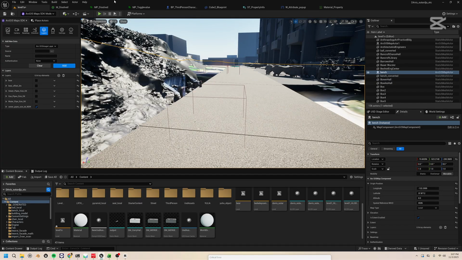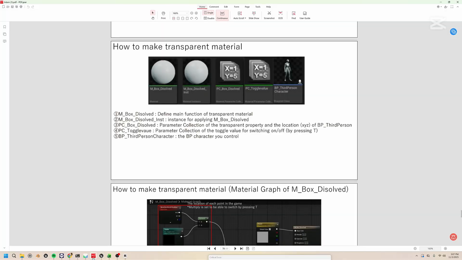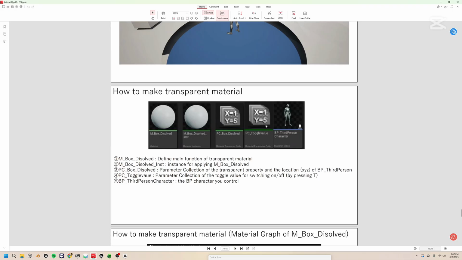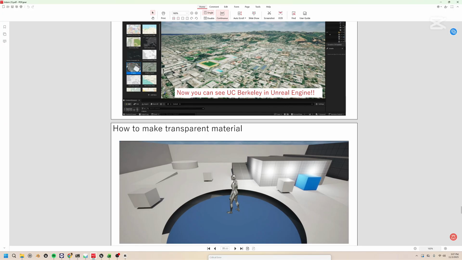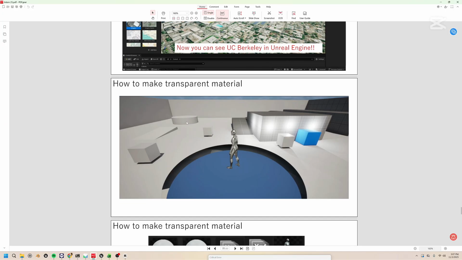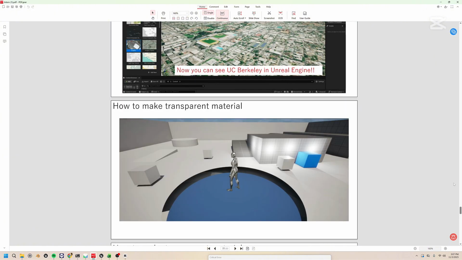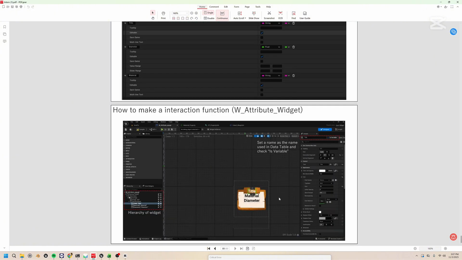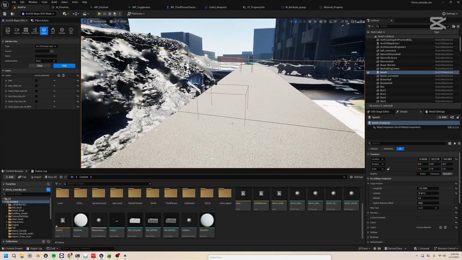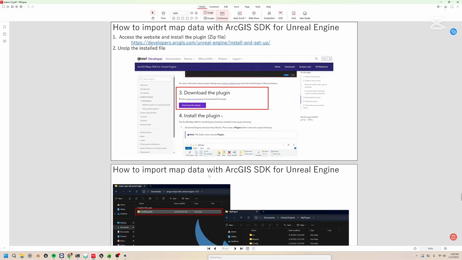So yeah, that's it. And I'll show you just a little bit here. There's a guidance here, made by Koki. He did the simulation for this data visualization for the pipelines. So he made this PDF. I can share this PDF with you, and then you can start reading from here, how to make transparent material, and read all the way down to this one. And I'll just show you a little bit about that